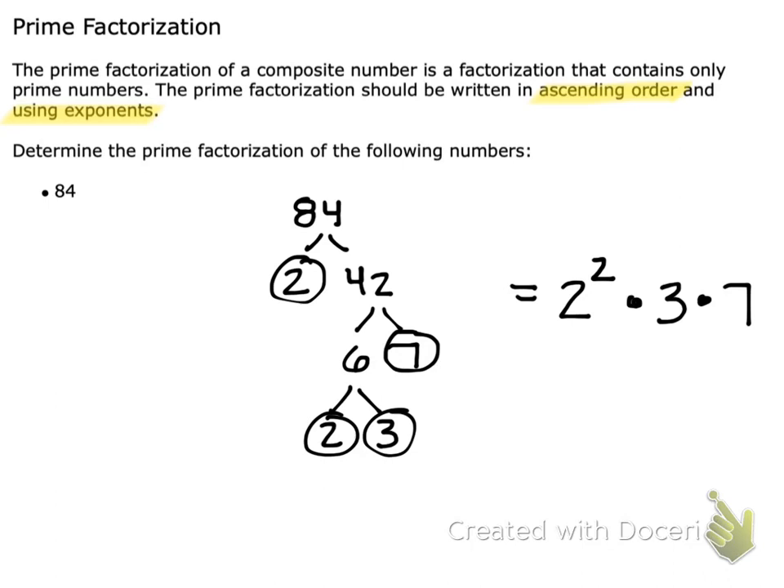If you are unsure if you got the right answer, you can do 2 squared times 3 times 7, and you should end up with 84. But this would be called the prime factorization. And prime factorization is used in a lot of different applications of math. So when we're talking some of our real world problems, but even when we're looking at,